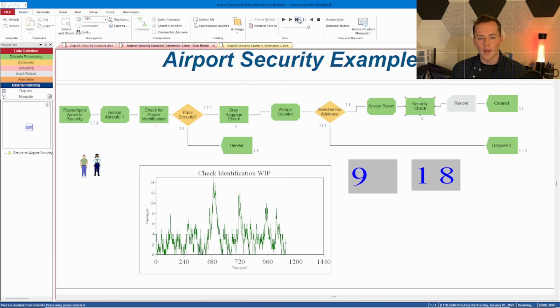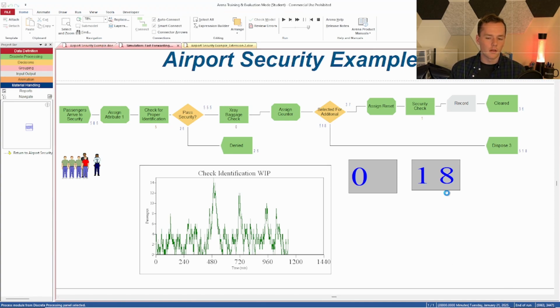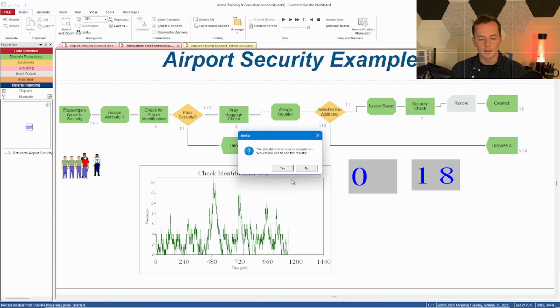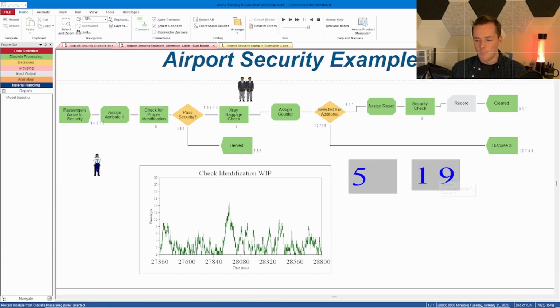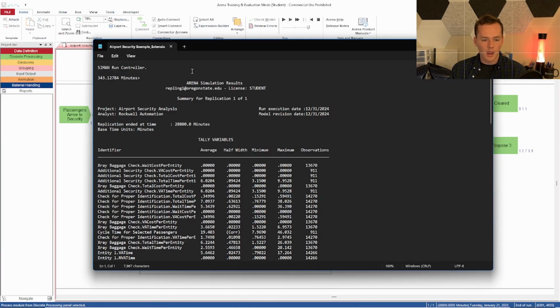If I skip all the way and fast forward through the simulation, we could even see what that turns into at the very end. It's going down through the run here for the number of minutes I've asked it to. You can see it running at the bottom, and we could get an answer without the animations of what the overall average cycle time is. And yeah, let's go ahead and look at the results, why not? It looks like that's 19 minutes, and if I open up the results in Notepad, you can see that it's